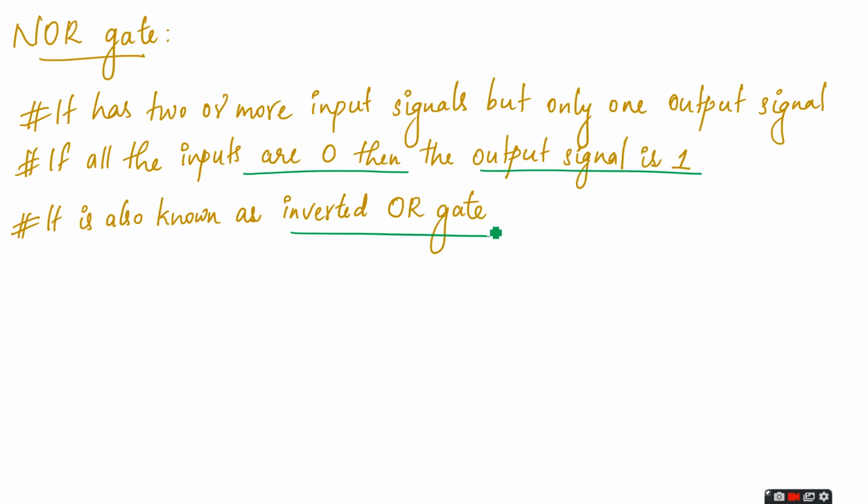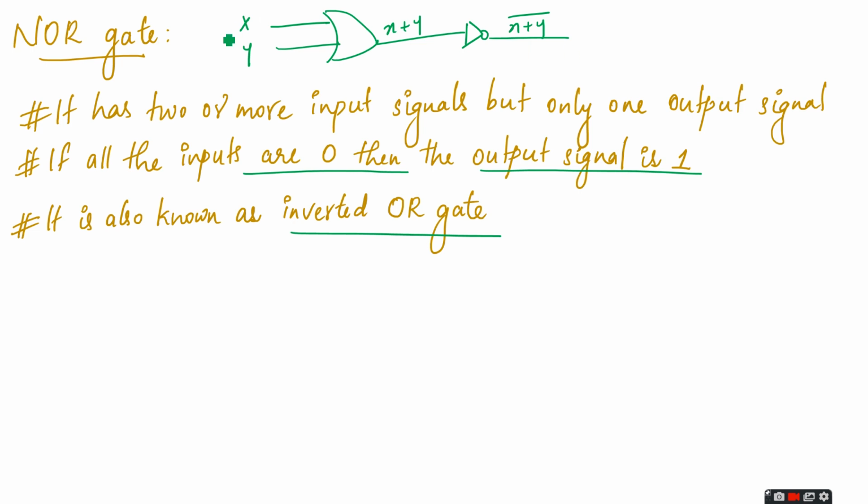So better you do one thing. Just learn one gate, either NAND gate or NOR gate. If we are studying NAND gate, NOR gate is just the opposite of NAND gate. So study NAND gate, then you will automatically understand the NOR gate. So NOR gate means inverted OR gate. First we take two variables X and Y. Passing through OR gate, we get X plus Y. After that, we pass it through NOT gate, and we get X plus Y complement.